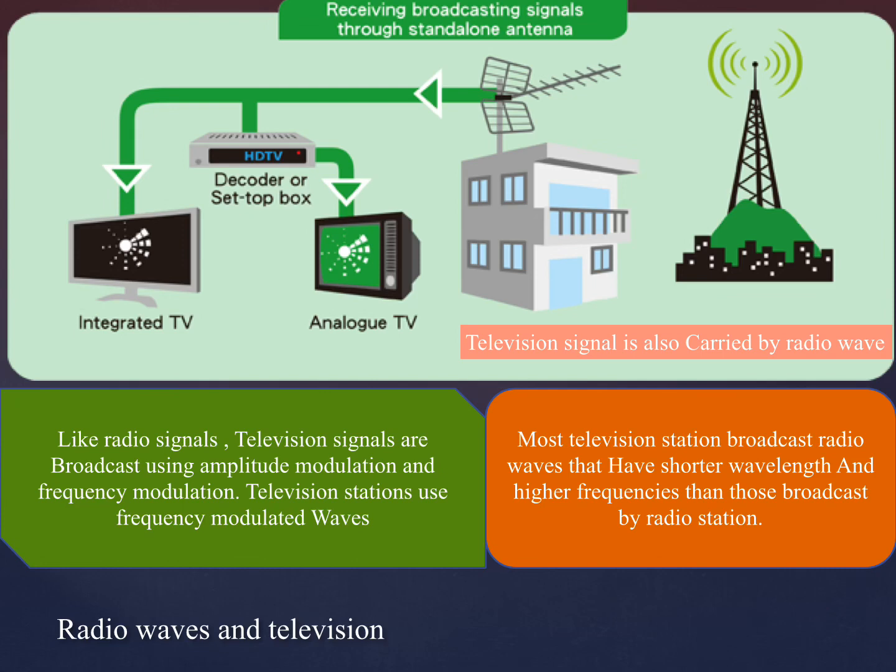So let's talk about the TV waves, or television waves. TV stations use frequency modulated waves to carry sound and amplitude modulated waves to carry pictures. But sometimes waves carrying television signals are transmitted to artificial satellites orbiting Earth. And these waves are amplified and sent to ground antennas, and then they travel through cables to our homes.